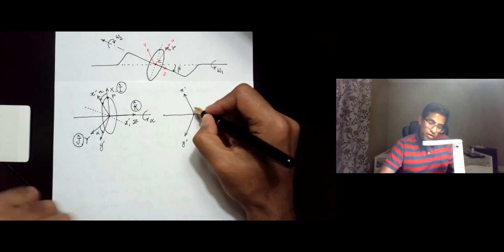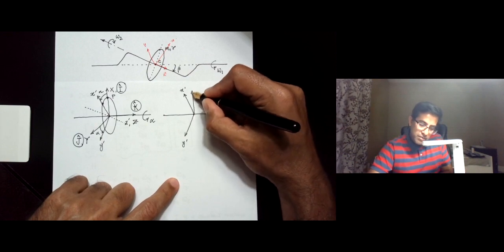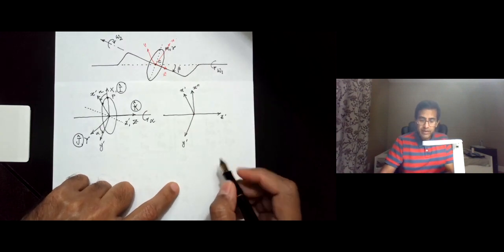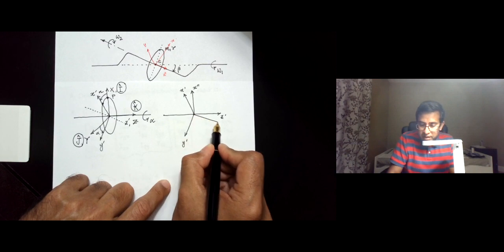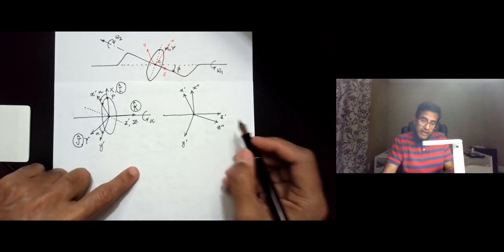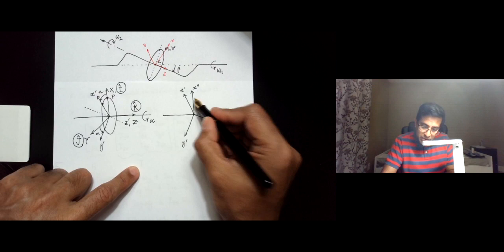So your x prime goes over here and becomes x double prime, and z prime turns and becomes z double prime. And the new orientation